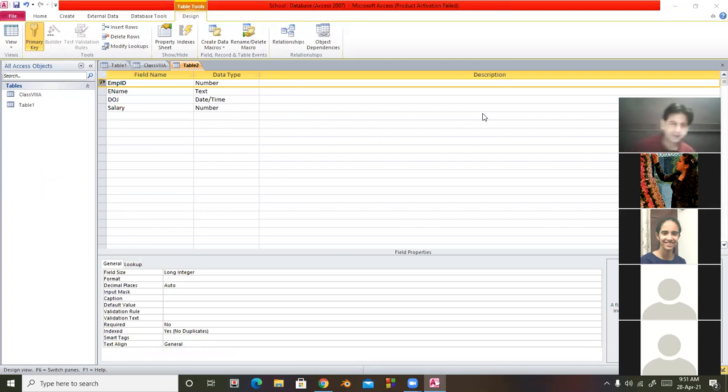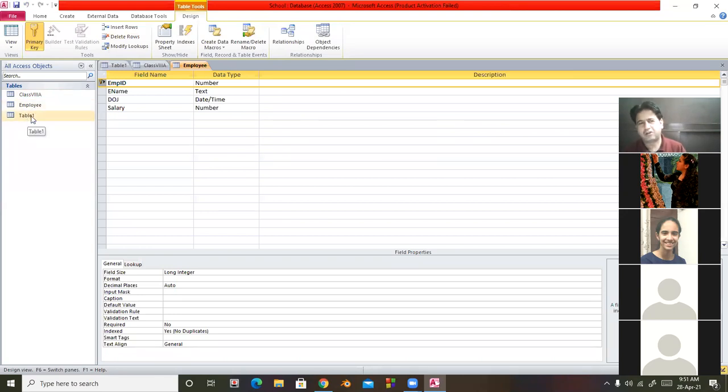Okay, children. Now after creating the table, you will have to click on the save button, and then you will have to give the name of the table. Suppose the name of the table is employee. Then I click on OK button. So just look at here.